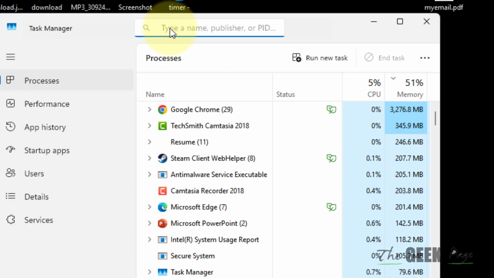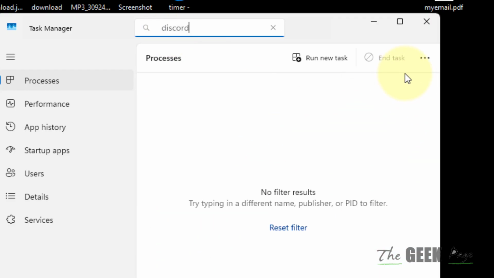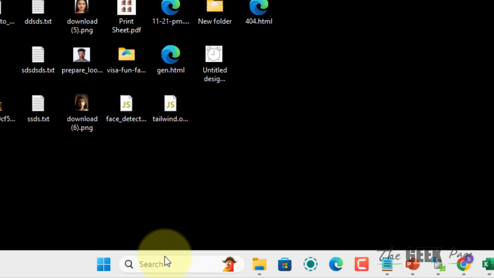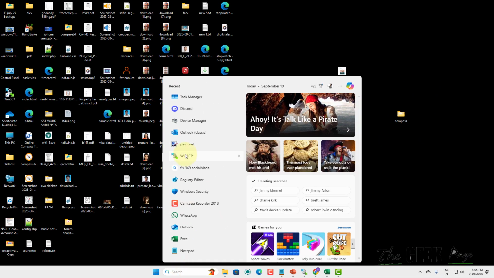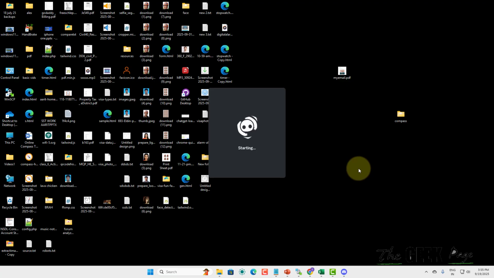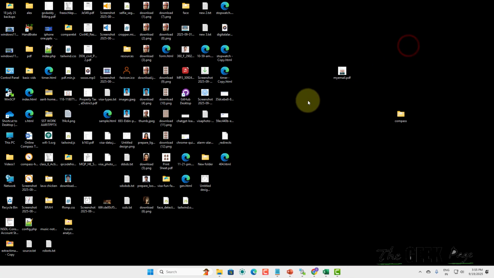Okay. Now once you're sure that there is no Discord running, you can search it also here, Discord. Now no Discord is running. Now what you have to do, open Discord again and your problem will be fixed. Now if this is also not working, then what you can do, you can just close the Discord and again